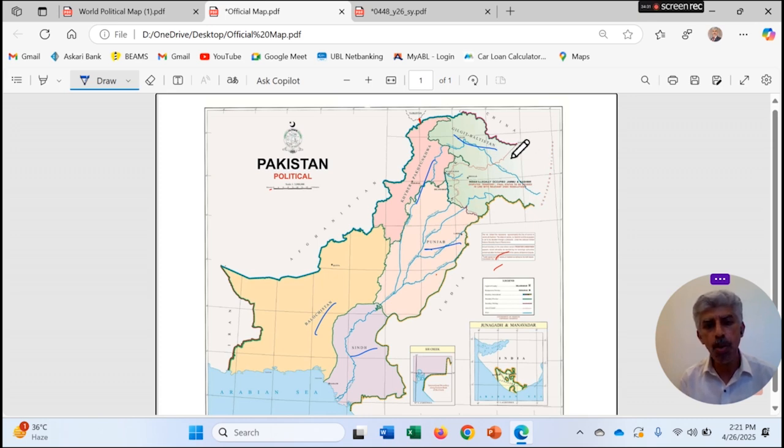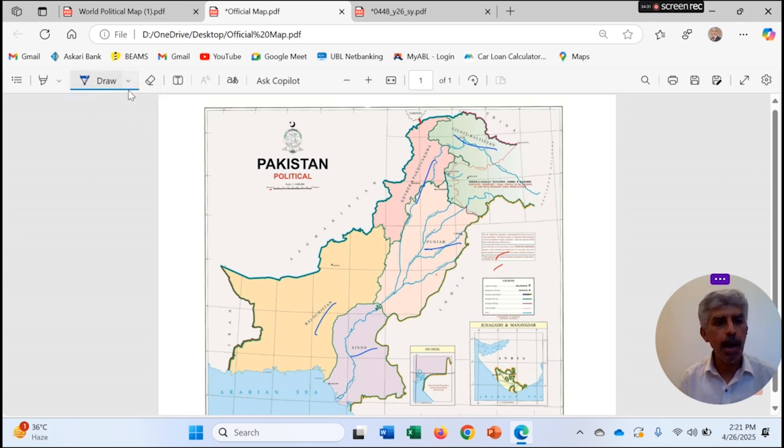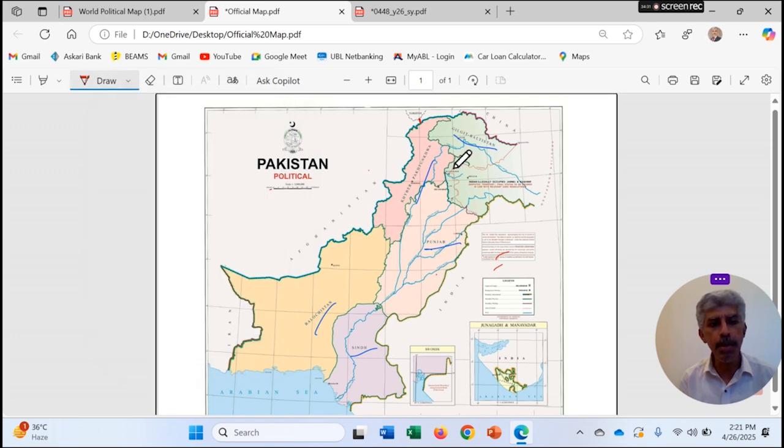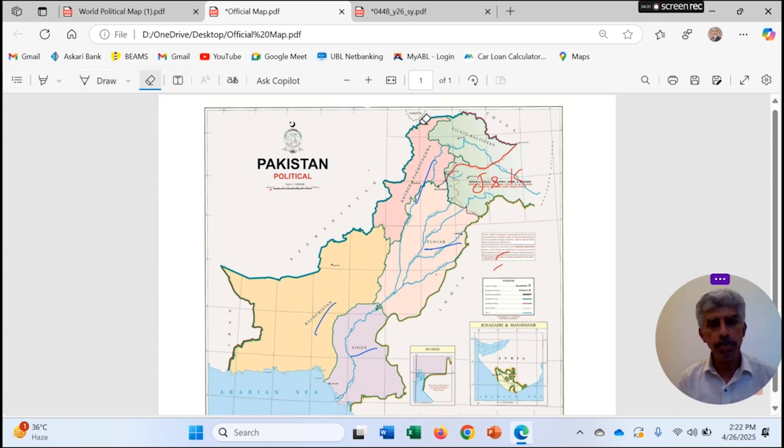And you can see below this red line is Kashmir, and in the north of that one is this region known as northern areas, and this whole region is Jammu and Kashmir valleys. So these are also mostly the northern areas. I mean Gilgit and Baltistan, they are asked to label, so you are supposed to be labeling them. These were the administrative divisions of Pakistan.